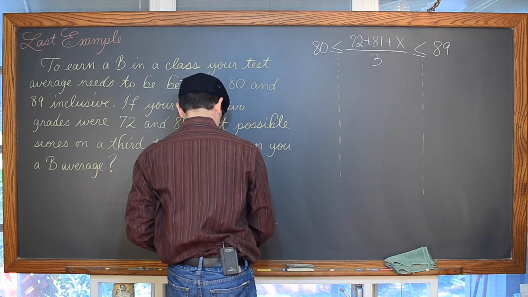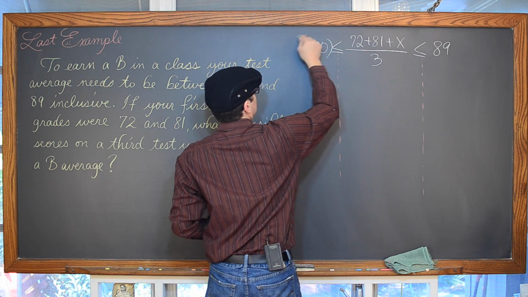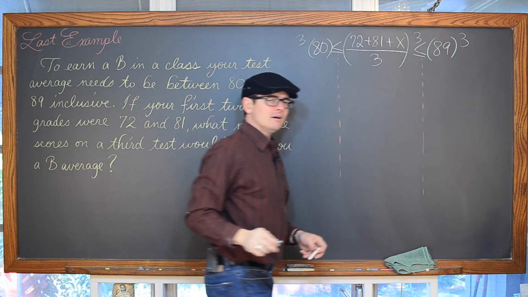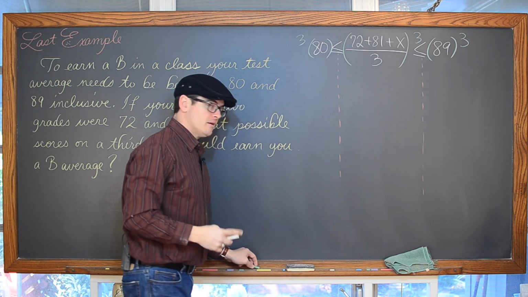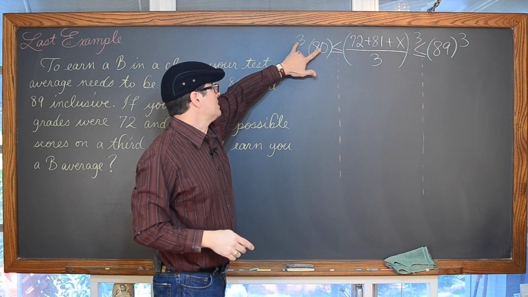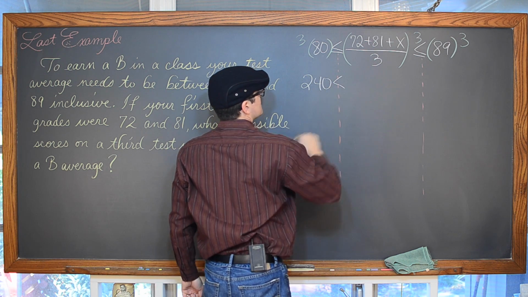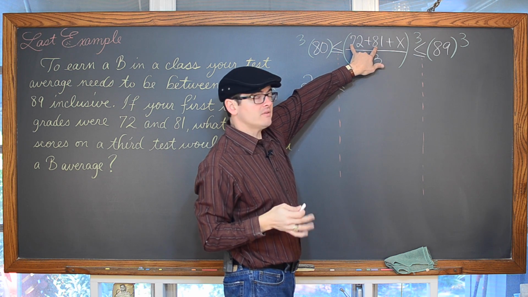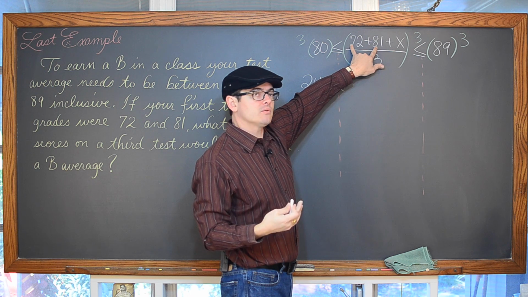So we're going to grab an orange colored chalk and we're going to multiply each portion of this inequality by 3, except now I'm looking at it and it looks like an exponent of 3, but I do mean multiplication. So 3 times 8 is 24, so 3 times 80 is 240, is less than or equal to, now let's go ahead and add these together. 70 and 80, well 7 and 8 is 15, so 70 and 80 is 150.